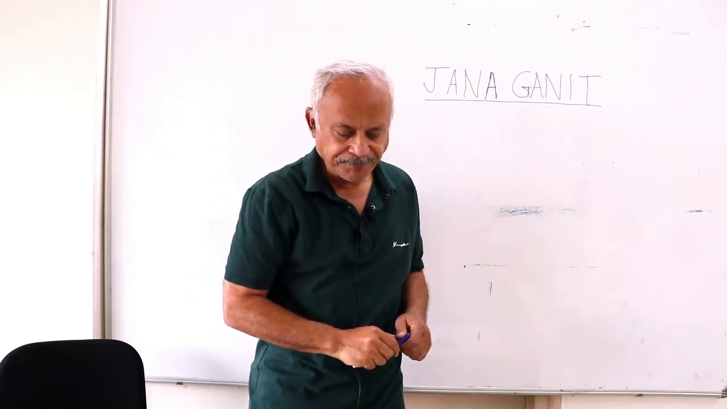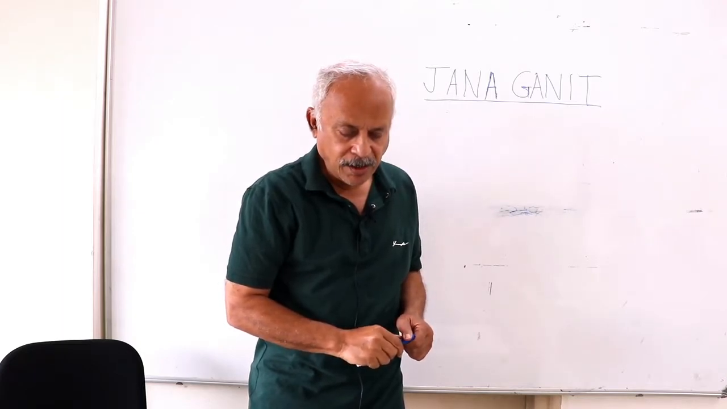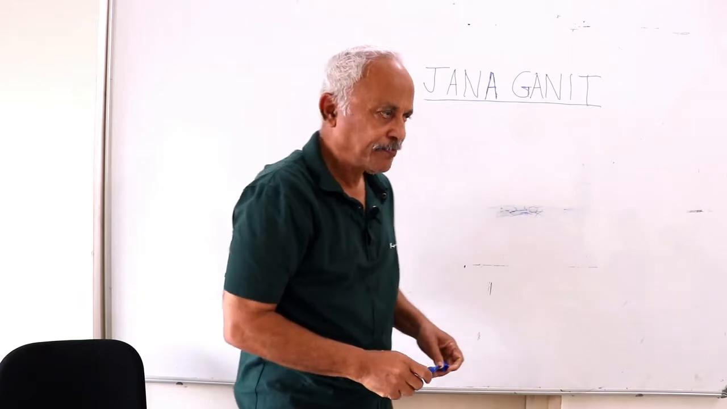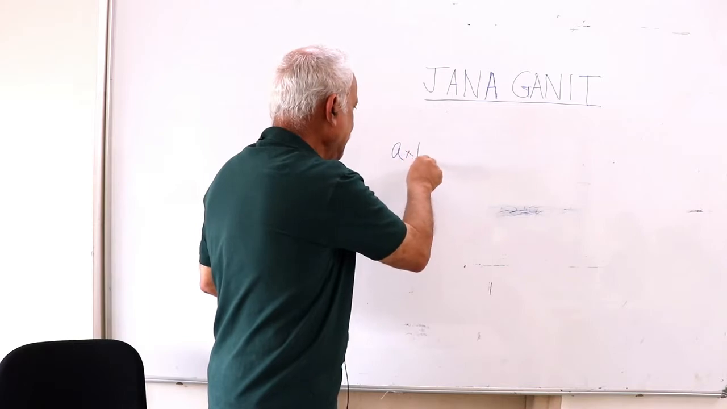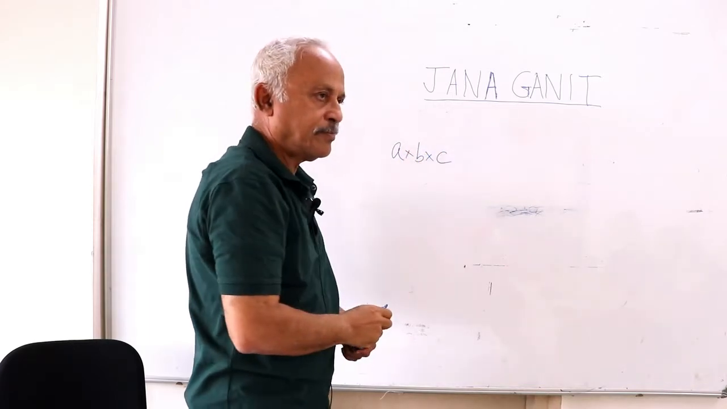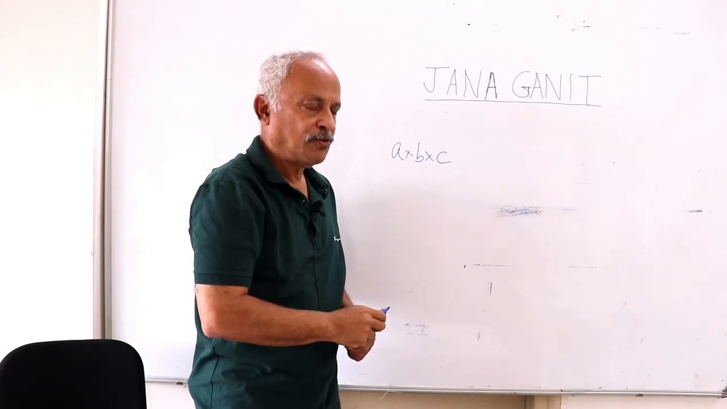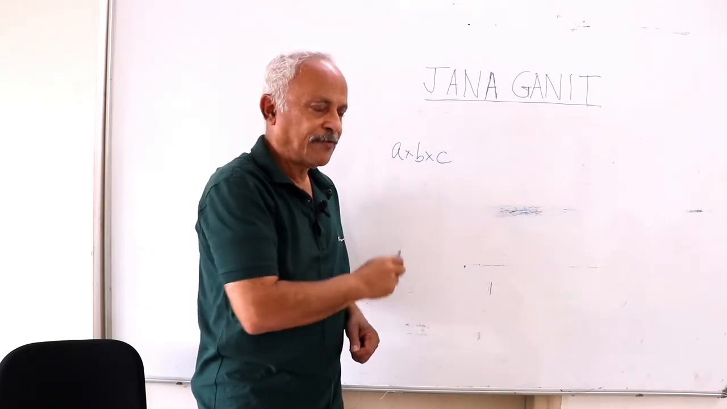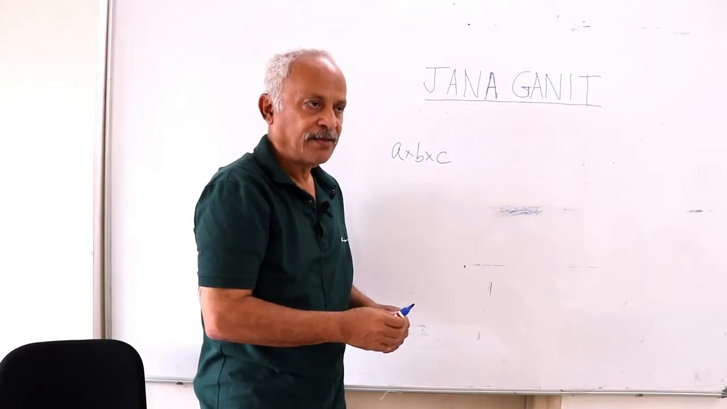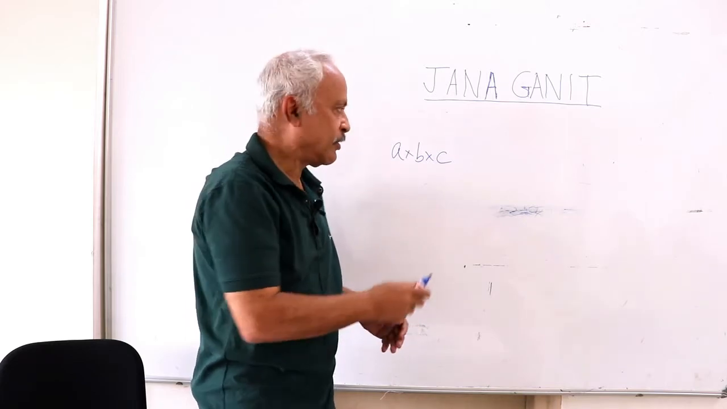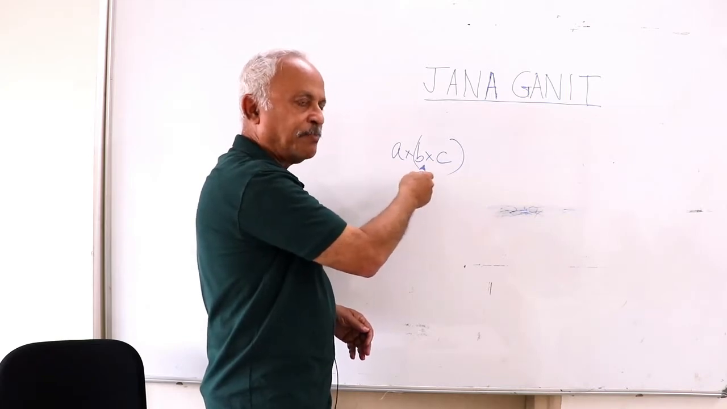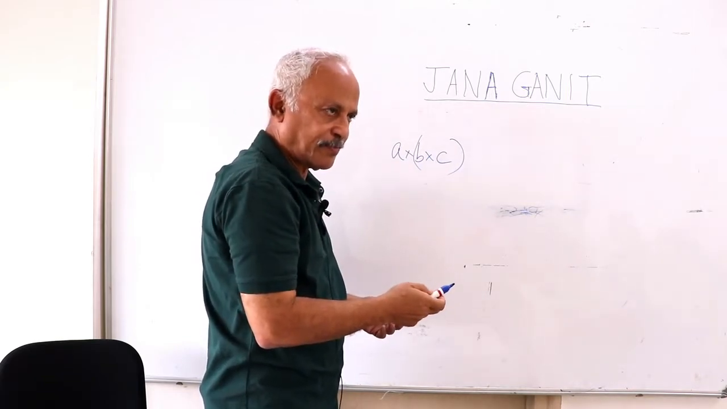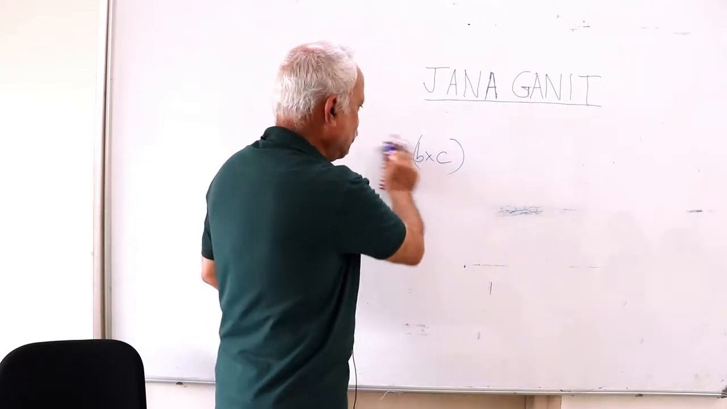The next problem is, I am going to write A into B into C. So Jyoti, which are the factors here? A, B and C. There are 3 factors. Or I could say also, there are now 2 factors. A is one factor and B into C is the other factor. Okay. So if that is so,